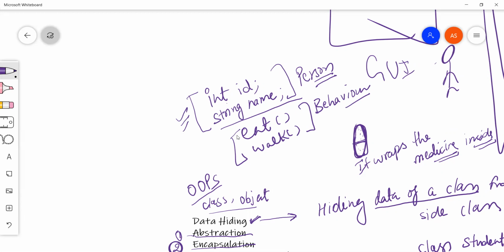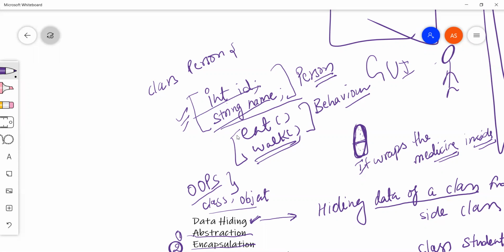So how will we do that? If we say this is a class person which has these data members and these behaviors, we can say it's a perfect example of encapsulation.